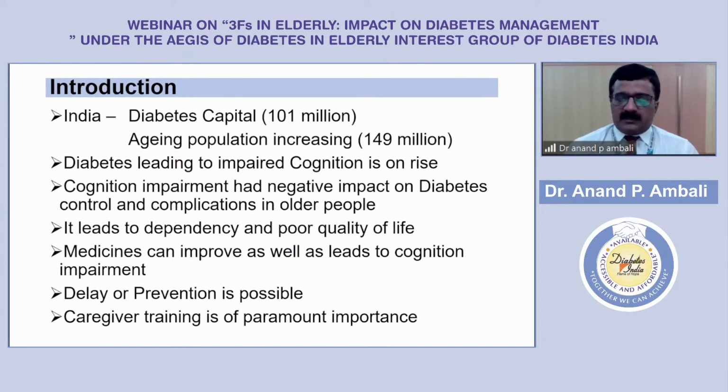So as far as treating diabetes is concerned, now most of the studies have shown some effect of some medicines, especially oral hypoglycemic drugs. They are more beneficial in preventing or delaying forgetfulness or dementia in patients with diabetes, while some drugs are known for the opposite, which we'll discuss. And of course, in any patient with diabetes, we can delay or prevent the complication, especially forgetfulness, as we are giving